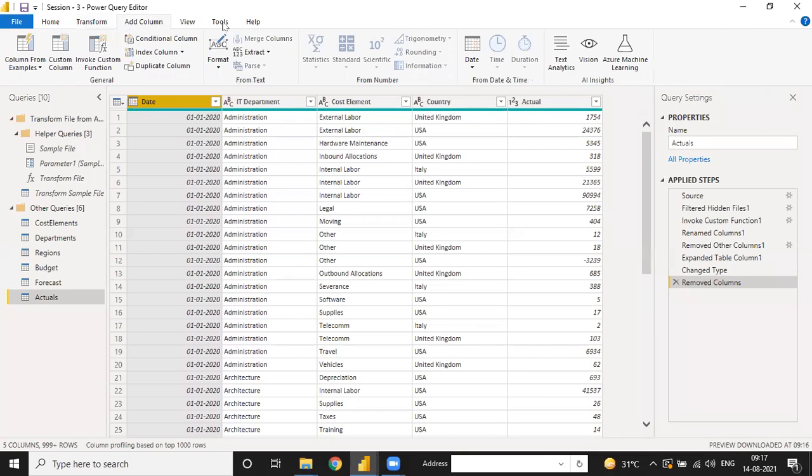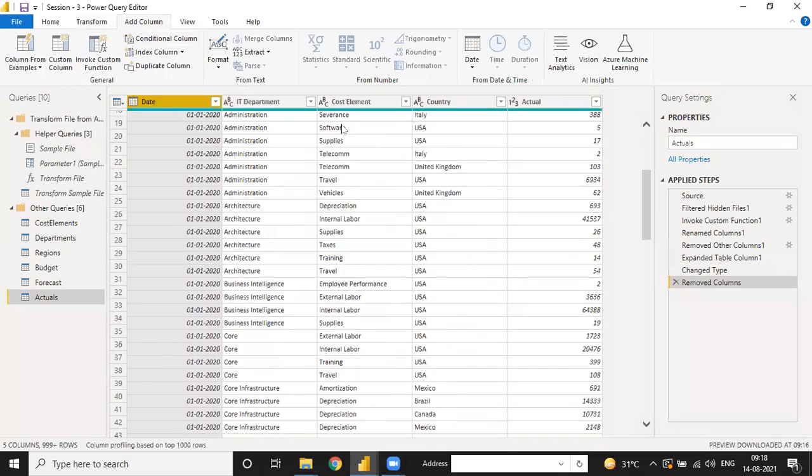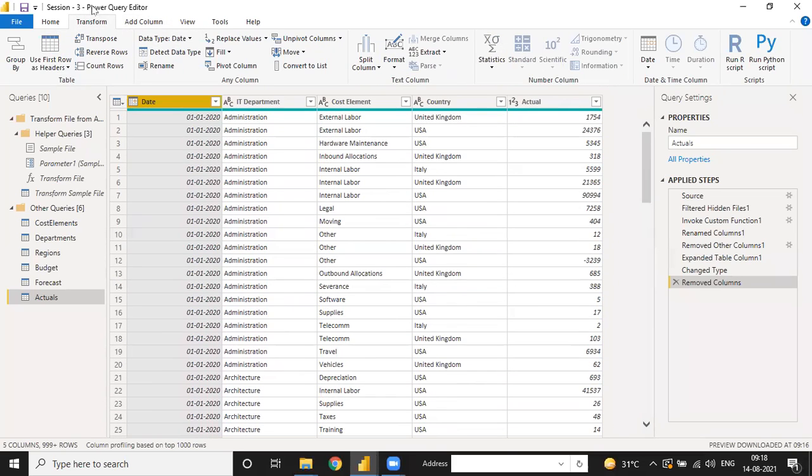And under Add Column, you can add columns to your data, like duplicate column, index column, conditional column, with some formatting on the column, as well as text analysis and vision features regarding the data. This is what you do in the Power Query Editor screen.